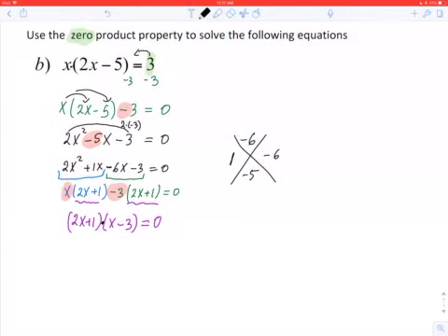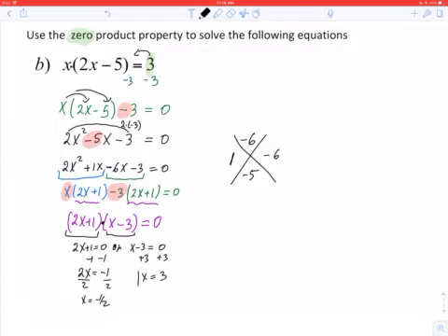So now we have a product equals 0, and we can use the zero product property. We can say 2x plus 1 equals 0, or the second factor, x minus 3 equals 0. Subtract 1, 2x equals negative 1, divide by 2, x equals negative 1/2, add 3 on both sides, x